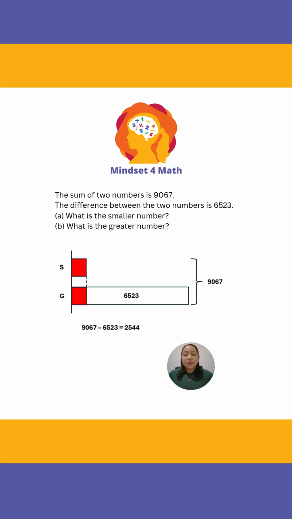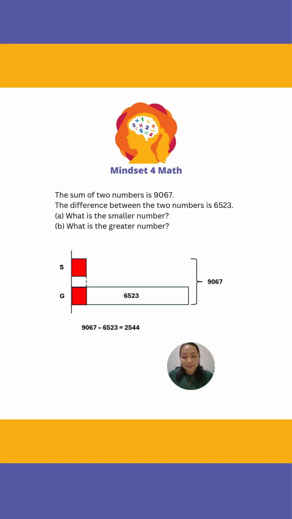6,523. Notice that because I drew a broken line there, I now have two equal units and 6,523 that make up 9,067. So we can now compute. We can take away 6,523 from 9,067, and that will give us 2,544. That means those two units that are color red are equal to